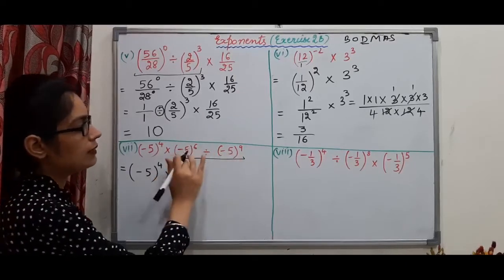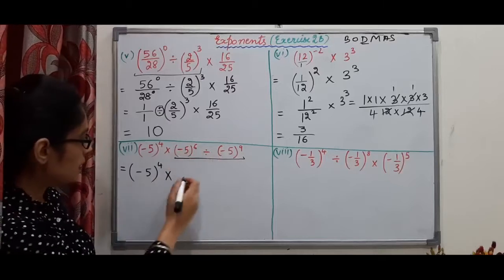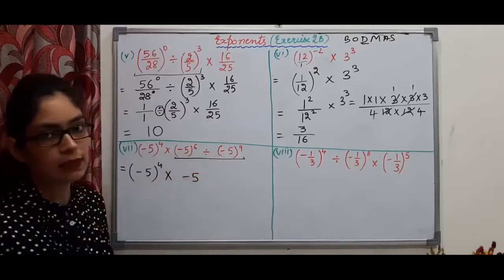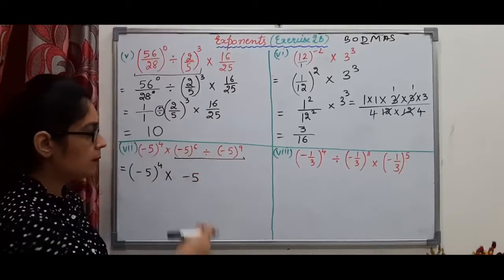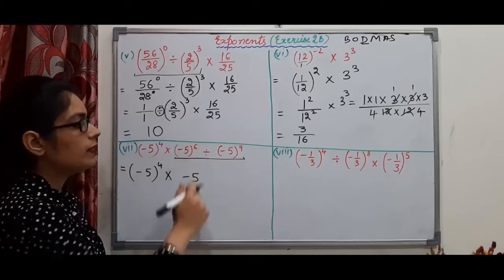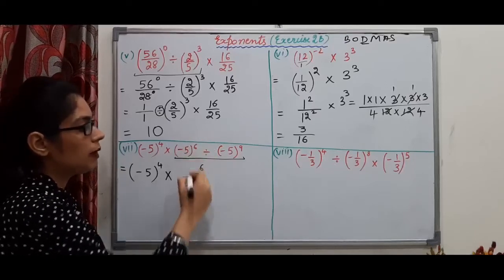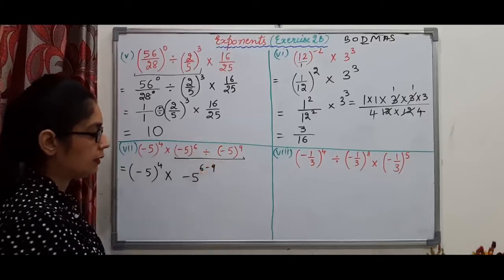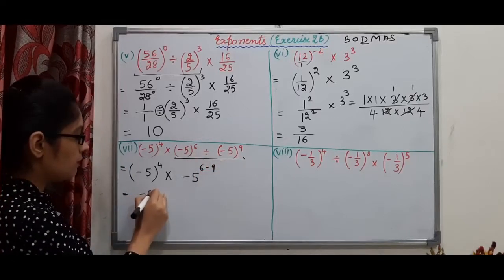Here the bases are the same. Both the bases are minus 5, so I can write the base one single time. If bases are the same and they are getting divided, then we have to subtract the powers. One power is 6, the other is 9, so 6 minus 9. So minus 5